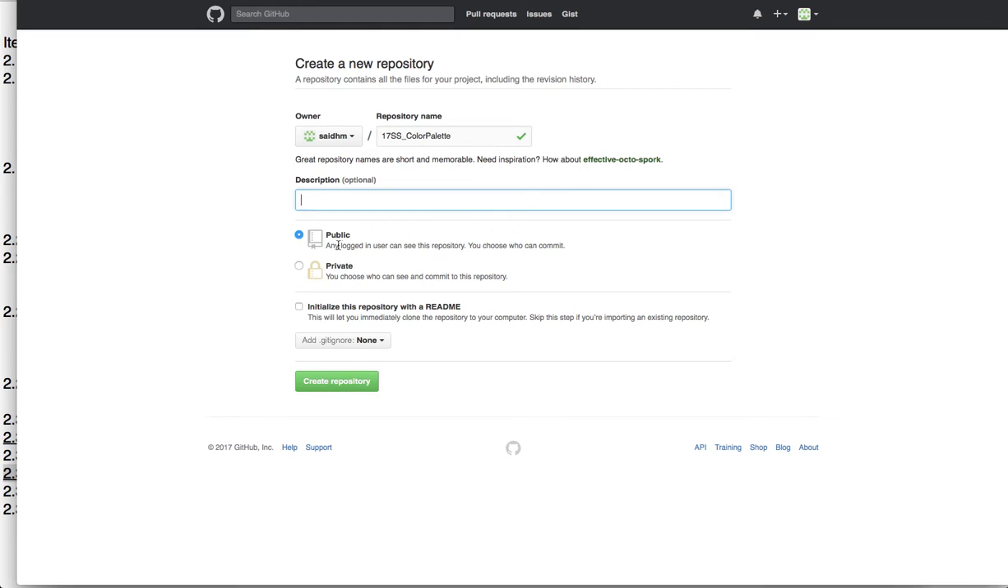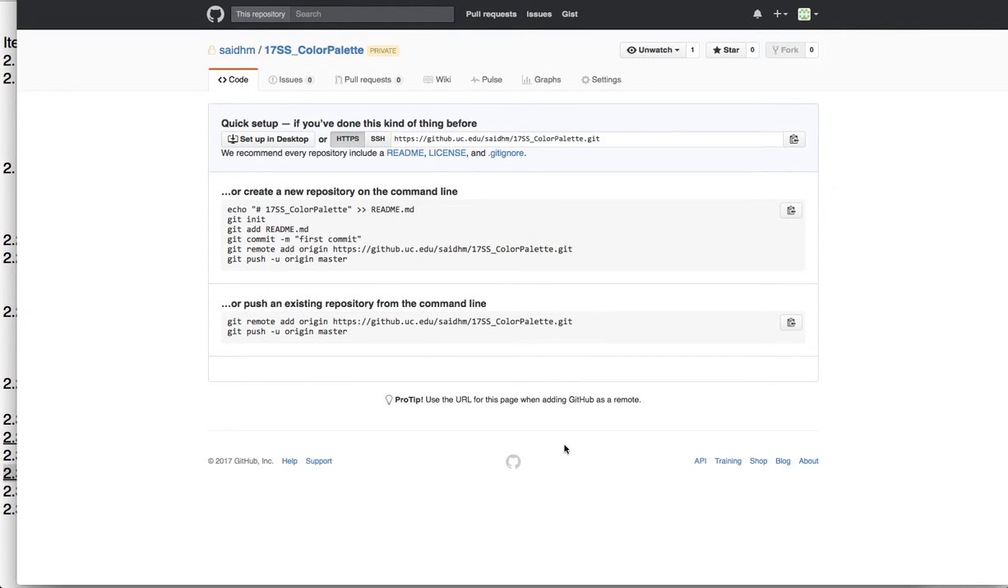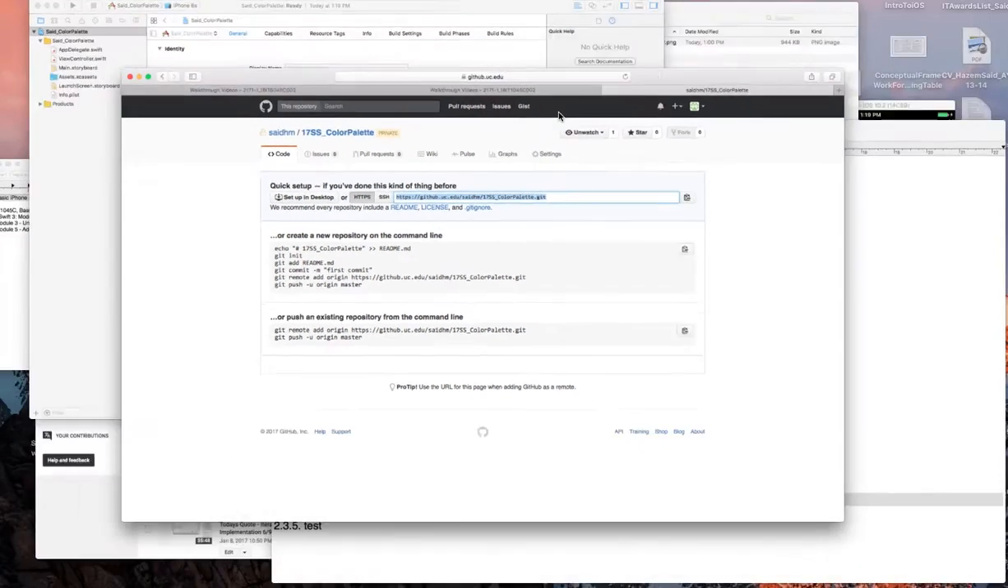You can put a description if you want. You can make it public. I keep my projects private. And make sure you do not initialize this repository. Why? Because we already initialized it locally on our machine. All we need here is a container where we can push the project to. So create a repository, but do not initialize it. This is the URL that we want. So copy that URL. And then we go back to Xcode